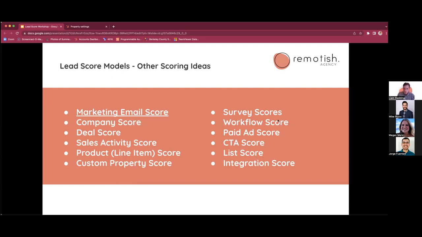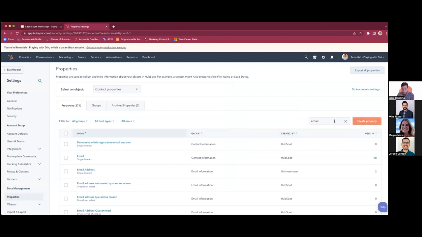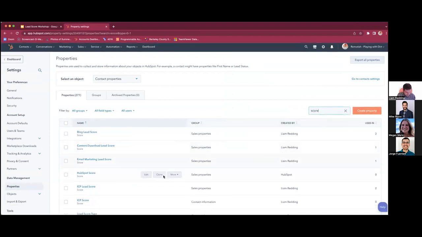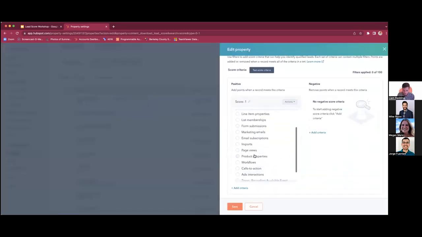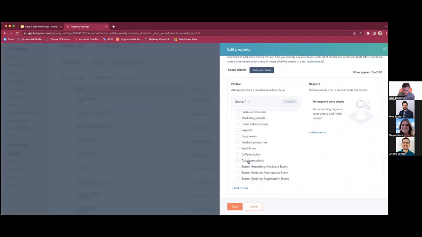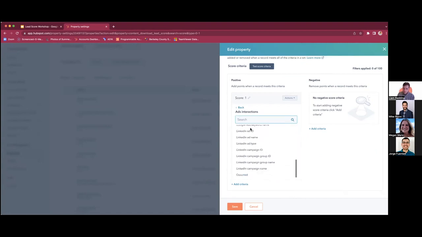You can also create a workflow score, paid ad score. I'm just going to put this out there. The paid ad score is not very helpful. And the reason why is the properties that we have in here are just not great. So I would hope to see one day this improve from HubSpot's ad end, but we can see ad interactions. There's really nothing here. I'm not sure if they will ever be able to improve this, but that would be nice to be able to see like number of clicks on the ads and things like that. But I understand that that's really complicated. So just know that there's not much you can do with a paid ad score at this point in